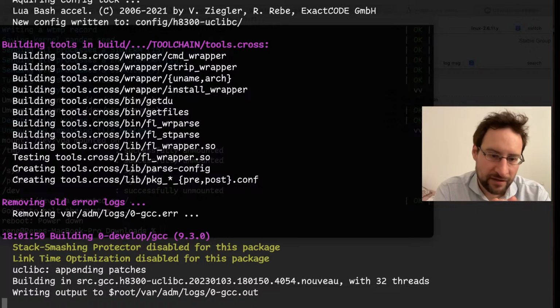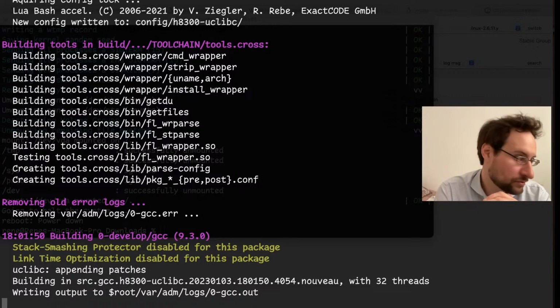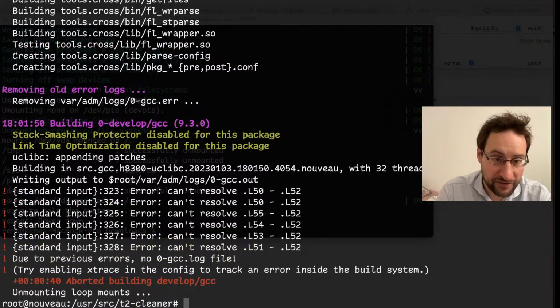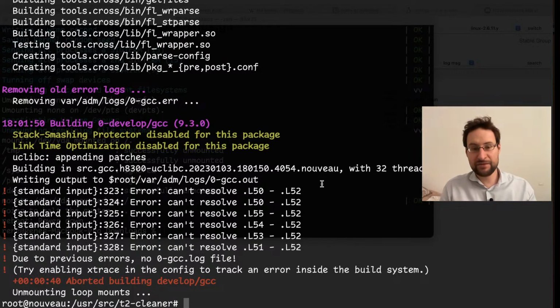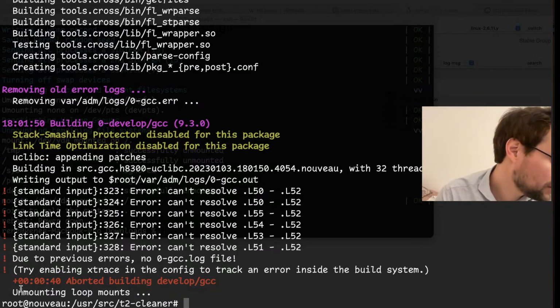It's probably a fair tip of how to shortcut stuff. Okay, this has the same.